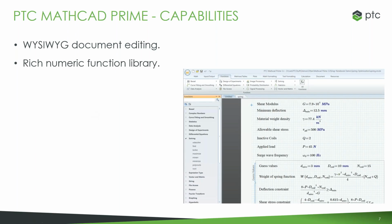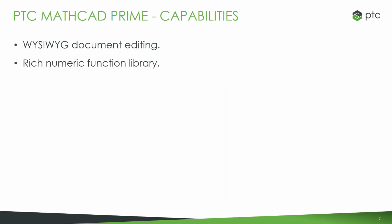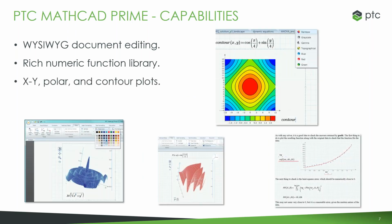There's a huge function library of math notation, solving, data analysis, statistics. So you don't have to redefine or teach the system a function. It's already there built into Mathcad just for you to select and type in whatever values or variables you'd like to use. And then you can also build powerful and explanatory plots: XY plots, polar plots, contour and 3D plots,